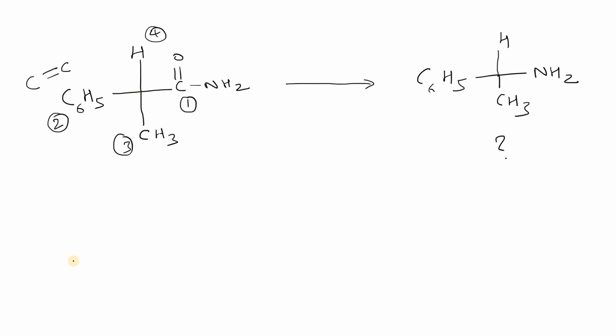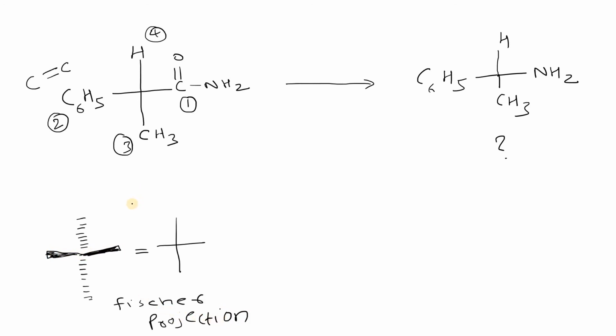If you write this type of representation, it looks like this. This is the central carbon, and these vertical lines represent atoms at the back side and the horizontal lines represent atoms in the front, like this. And this is nothing but the Fischer projection. So the least priority group is on the back side. We will view the molecule from 1, then move to 2, then 3. So we get an anti-clockwise arrangement. If it is an anti-clockwise arrangement, then the corresponding configuration is the S configuration. So it's an S amide, right?